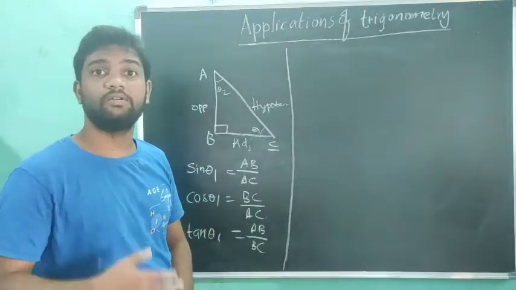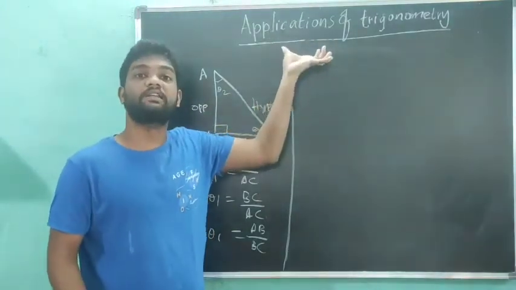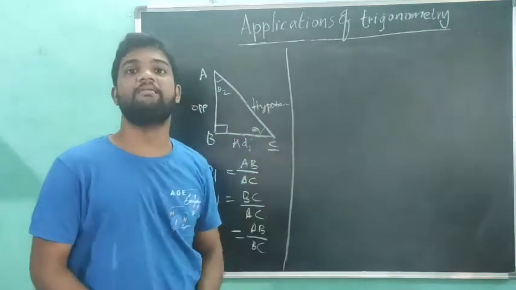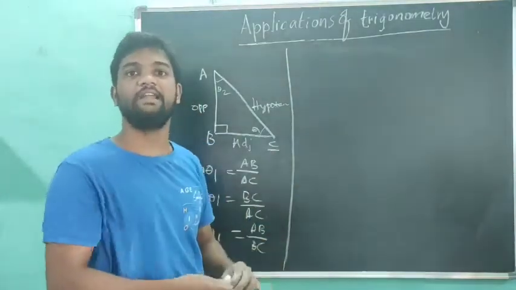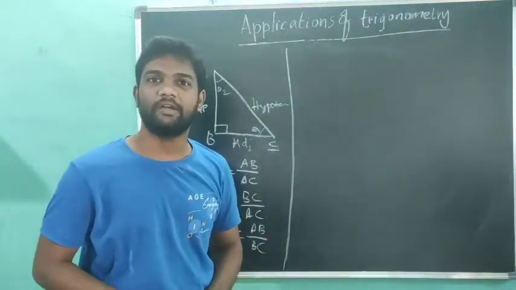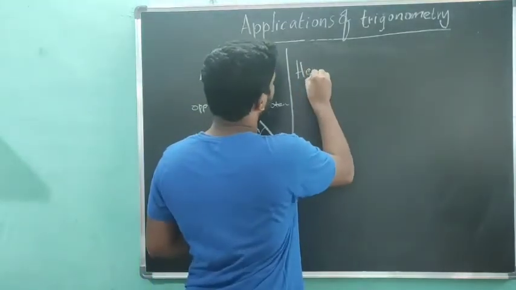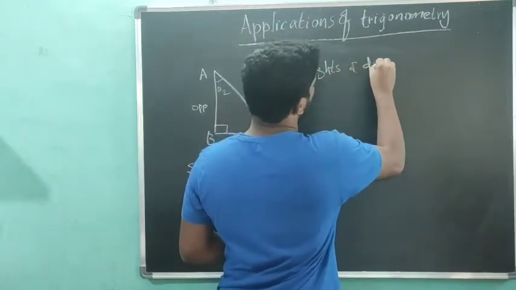So, what is new to you now? We are going to talk about applications of trigonometry. What exactly are applications of trigonometry? One of the good examples of applications of trigonometry is finding heights and distances. So, our chapter now mainly deals with finding heights and distances. Which heights are we going to measure? Let me consider an example only. Heights and distances, right?